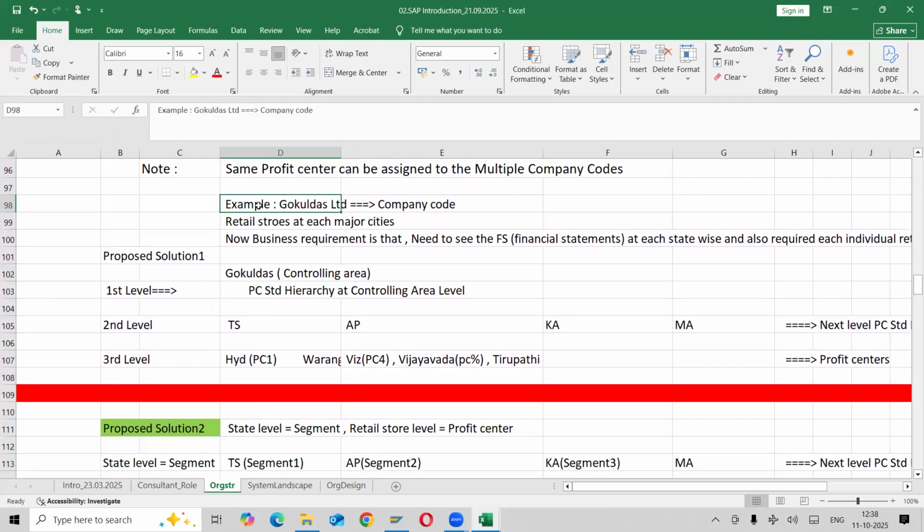So my company is Gokuldas Limited. This is my company code. They are into retail stores in each major city. They are in all the major cities, and they have a retail store in each. Now, the business requirement is that